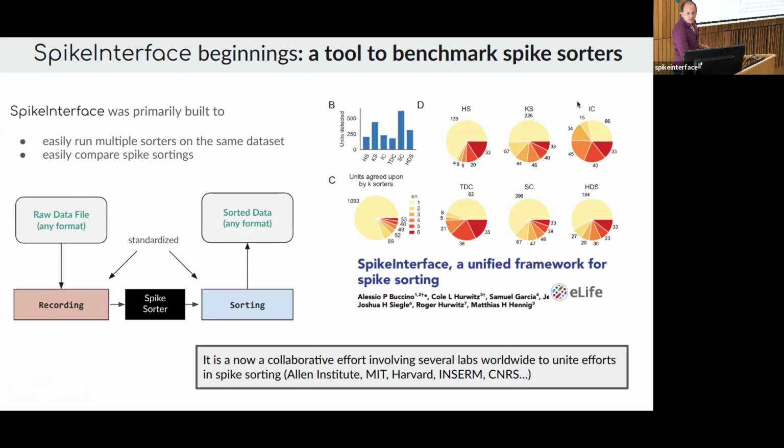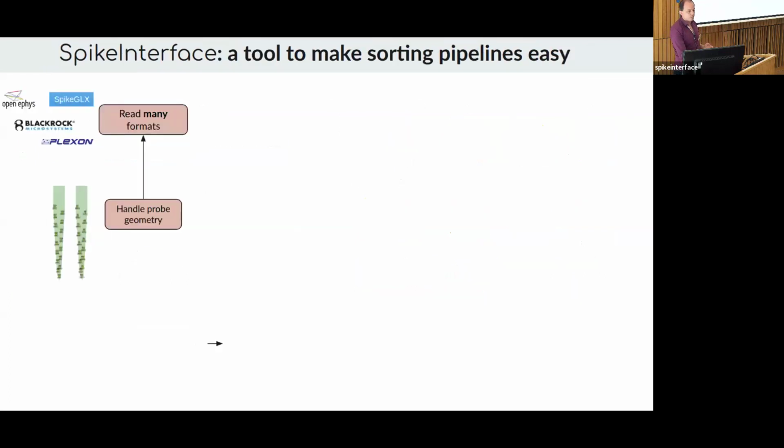Back in 2020, in this eLife paper, Alessio and others compared the results of various spike sorters that were available at that time. I won't go through the names, but the take-home message at that point was that they were strongly not agreeing with each other. And that was the first puzzling result. Thus, the idea was to try to see how we could unify them and try to understand who is right, and maybe in which situation, and so on and so forth.